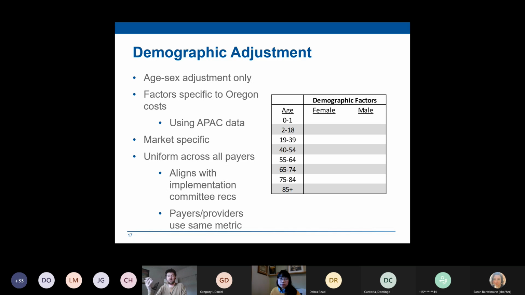If you're a CCO and you have a Medicaid population that has a boom in birth rates from one year to the next, you might see costs go up significantly that we can't account for, that even risk adjustment wouldn't be able to totally account for. But that's something that you can let us know. Hey, we saw